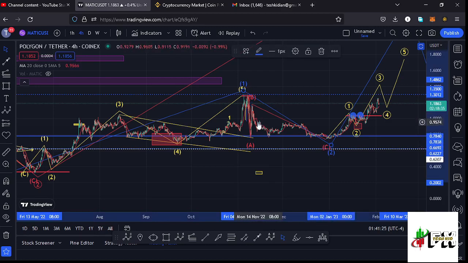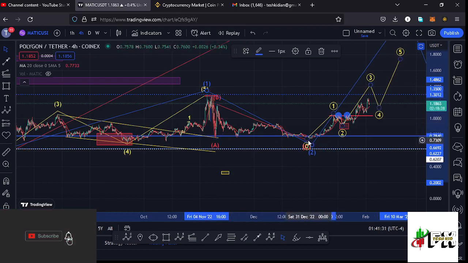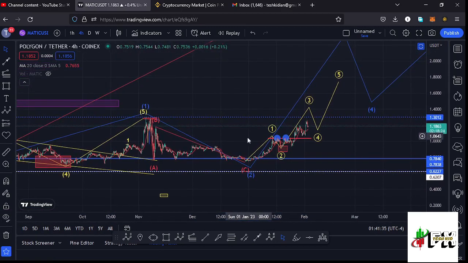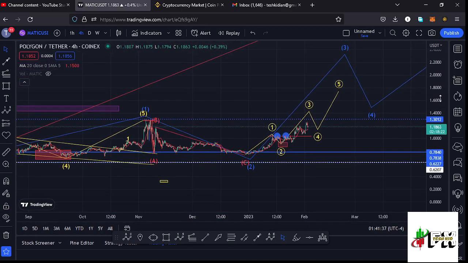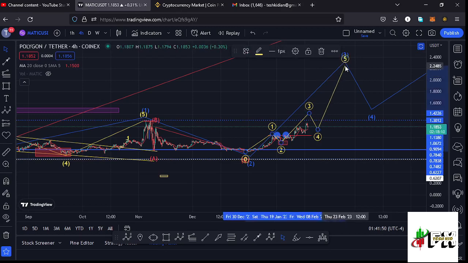And because of its corrective nature, we also expected to see an ABC corrective structure play out, where you can see that this wave C gave us a low at around the $0.74 mark, and after seeing that low, whatever we expect next is a bounce to the upside in the formation of a larger Elliot wave count 3, and I believe that is what is playing out. And this fractal wave that you can see right here in yellow, I believe once we see the formation of that wave 5, that will be completing the formation of that larger Elliot wave count 3 to the upside,